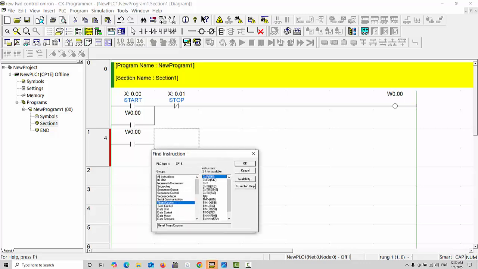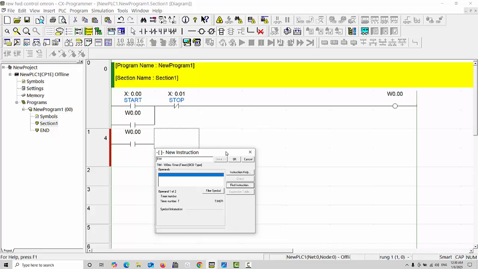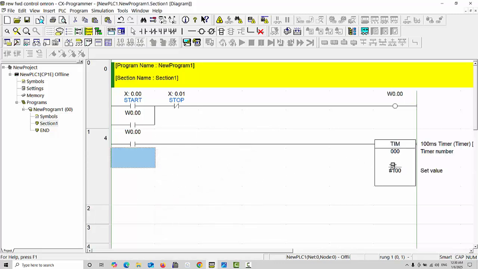Go to the timer section, and here you can choose the timer, and for the address you can give T0, for example. For the time, for example, I will give 10 seconds to start my reverse command or forward; you can give any name. And in the next row,